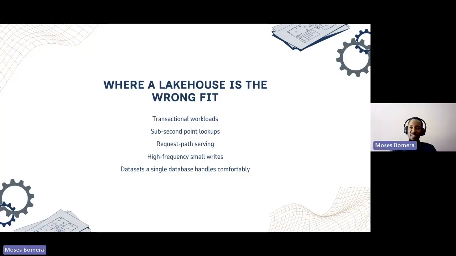Then if you do a lot of writes, like as the application is running, maybe it's changing state somewhere, your customers put something in their cart, etc. Again, a lakehouse is not for that. A lakehouse is for the bulk writes, bulk reads. And if the data set that you're dealing with is, this is relative, small, something that can be handled within a regular DB, then you can get all the benefits of a lakehouse with a bit of building some features around the DB, but you can get it with a regular OLTP system.